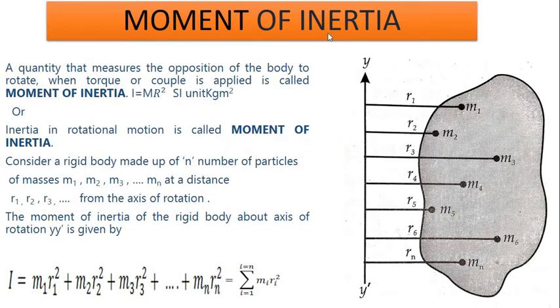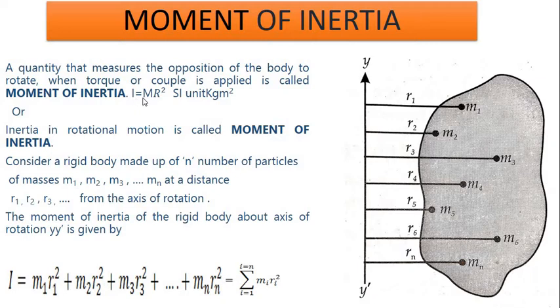Here, moment of inertia. Consider one body on the table. The body does not itself change its position, or when a ball is moving along a straight line, the ball itself cannot change its direction. Such a property is called inertia. In case of rotational motion, we call that moment of inertia. That means inertia in rotational motion is called moment of inertia.